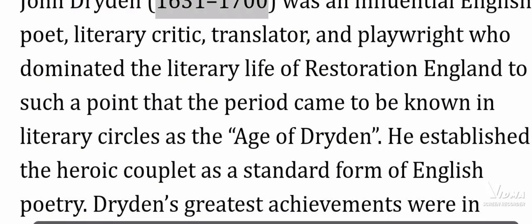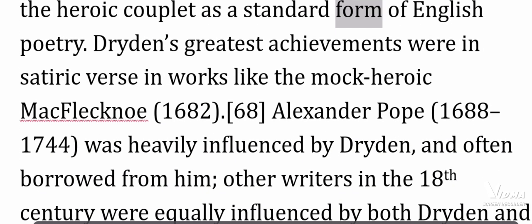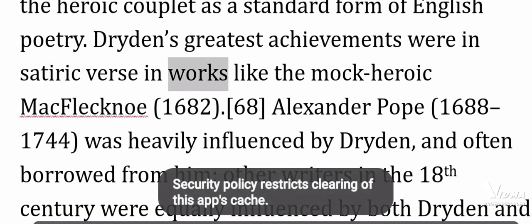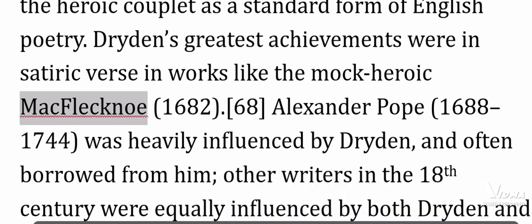John Dryden, 1631 to 1700, was an influential English poet, literary critic, translator, and playwright who dominated the literary life of Restoration England to such a point that the period came to be known in literary circles as the Age of Dryden. He established the heroic couplet as a standard form of English poetry. Dryden's greatest achievements were in satiric verse in works like the mock-heroic Mac Flecknoe,